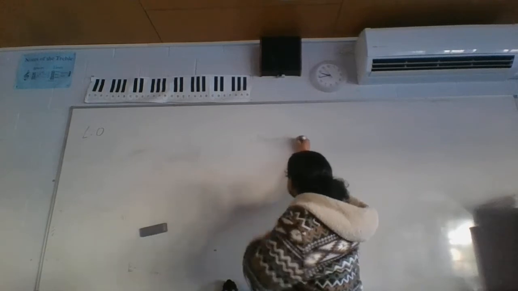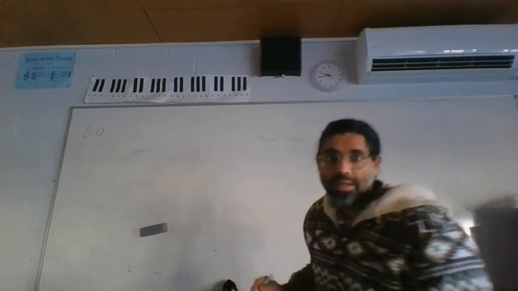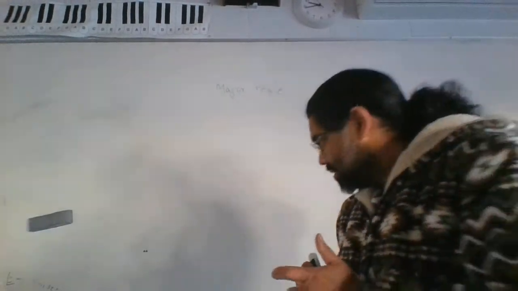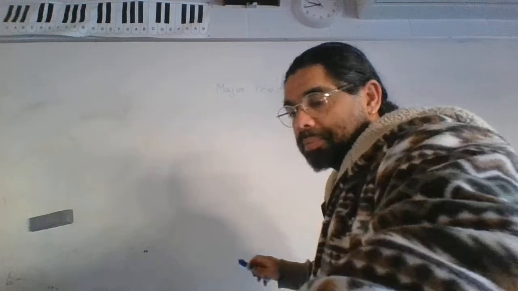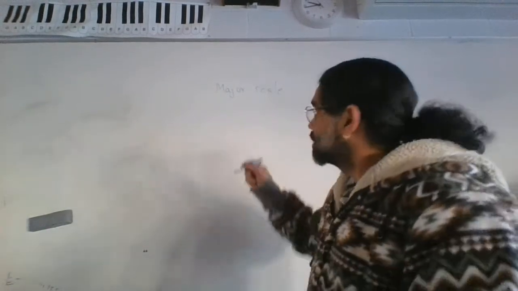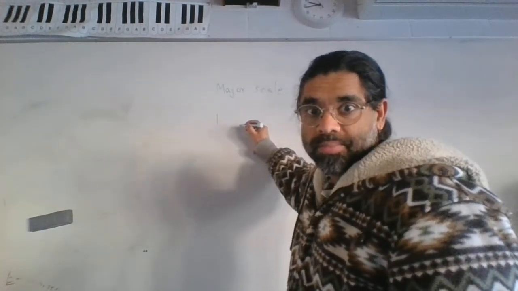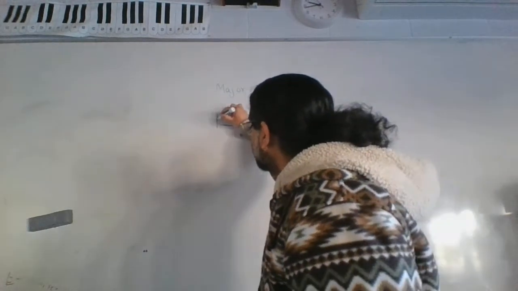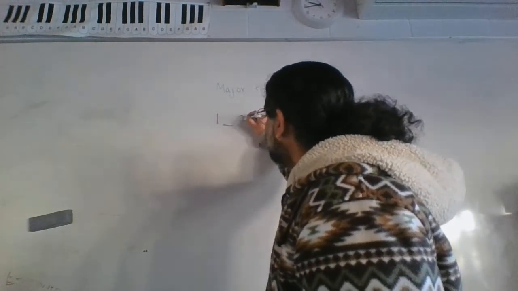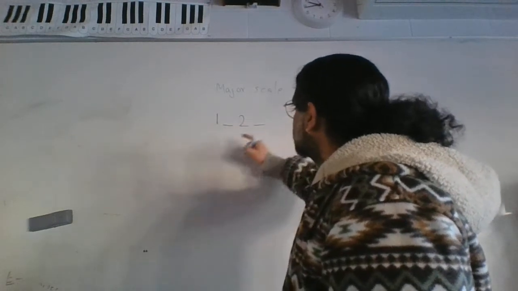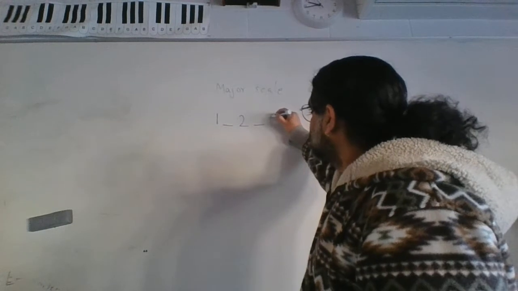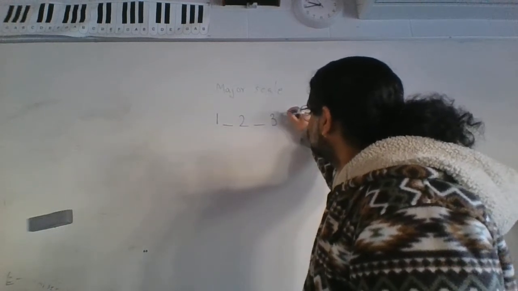Major scale. And the major scale, don't know if you can see that. I'll bring this a bit closer. So that's your major scale. And your major scale formula is 1, 2. There's a semitone between 1 and 2, then there's a semitone between 2 and 3,